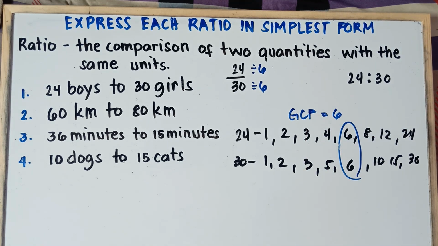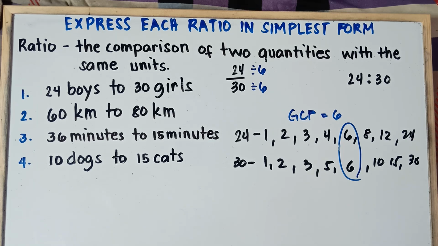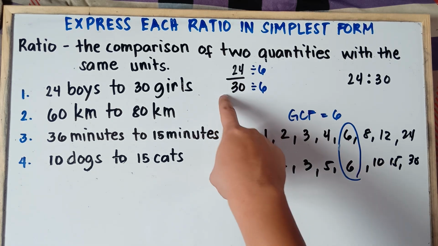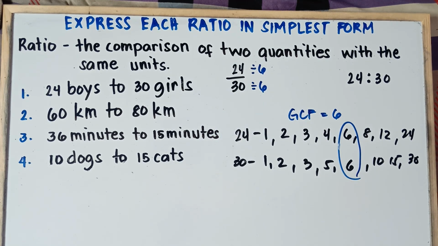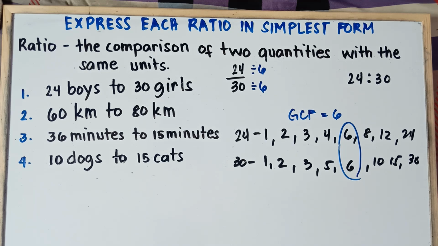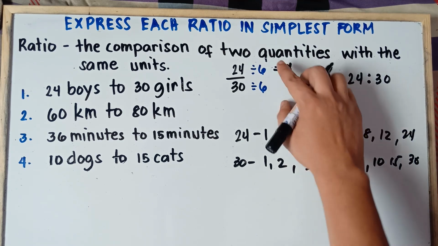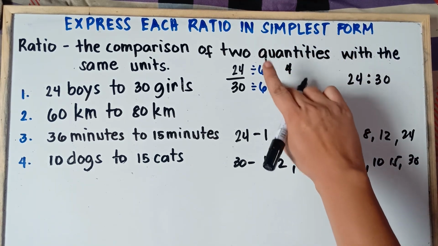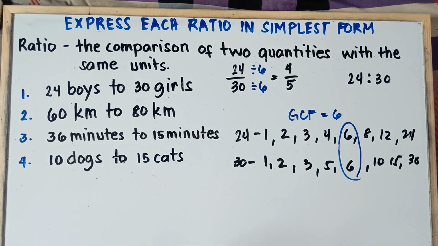But once again, class, it will take time if you do it this way. So the thing that you will do is think of it this way. You find the greatest number that can be divided into 24 and 30. The greatest number that is common to 24 and 30. Of course, that is 6, right? We can divide 24 by 6. We can divide 30 by 6. So, 24 divided by 6 is 4. And then 30 divided by 6 is 5. So, therefore, our answer is 4 over 5.